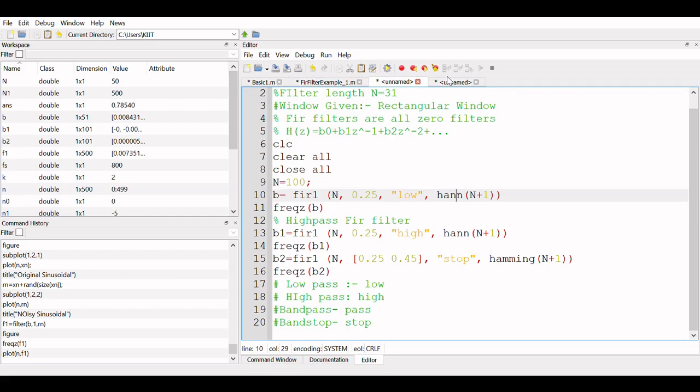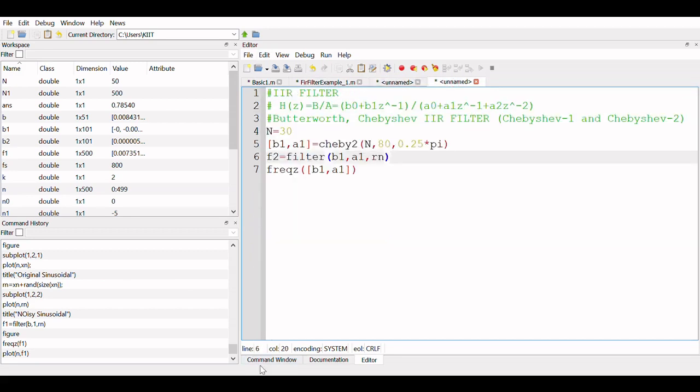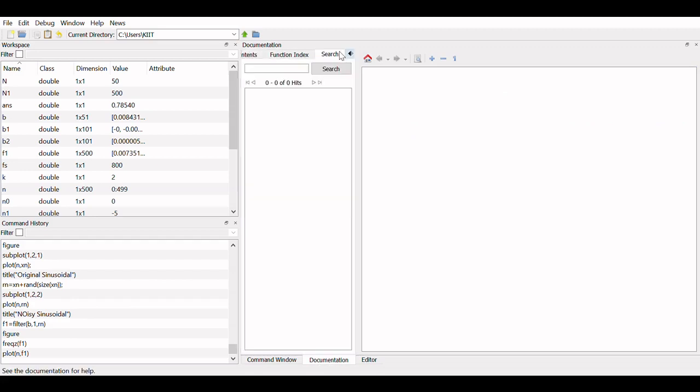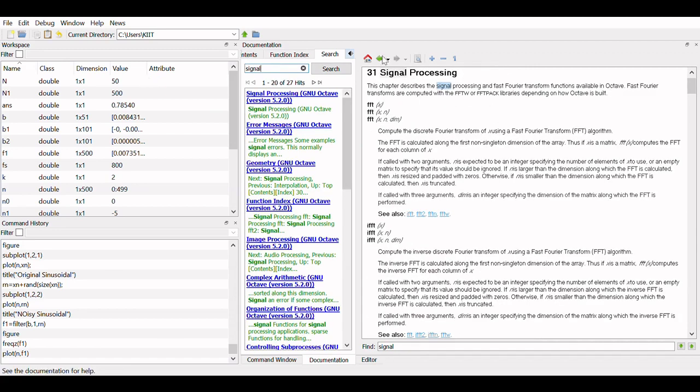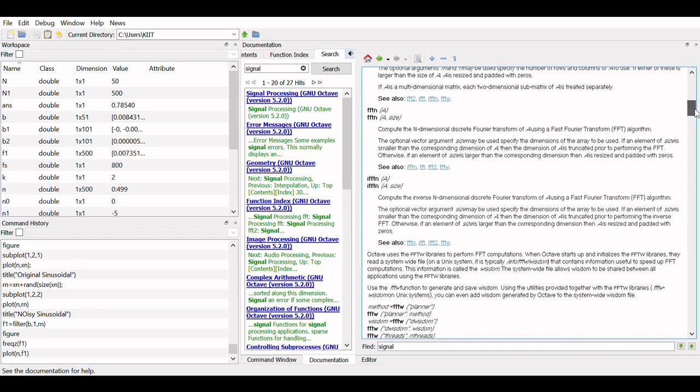Now suppose I want to define something. Let's go to the documentation and find out the Chebyshev command. Let me go to the signal package, and in the signal processing package I can search for the Chebyshev command, or I can go to the internet and search.